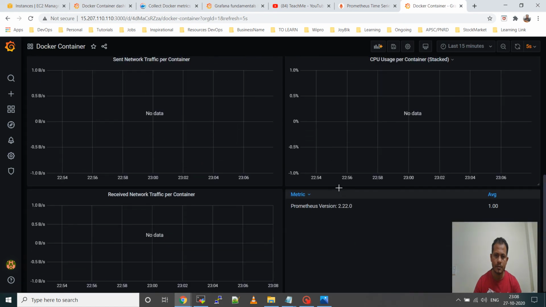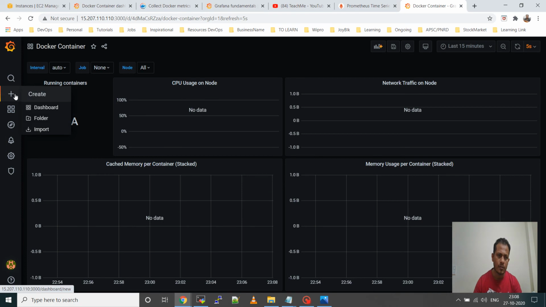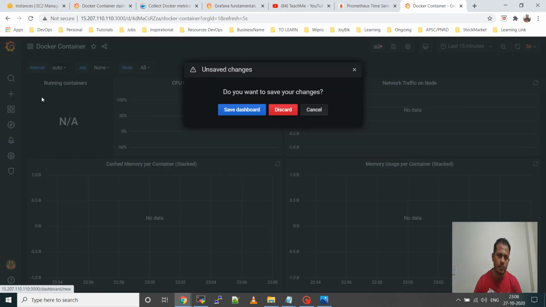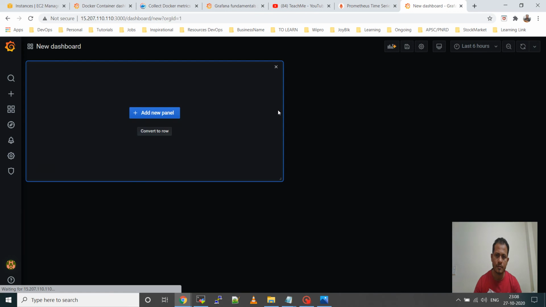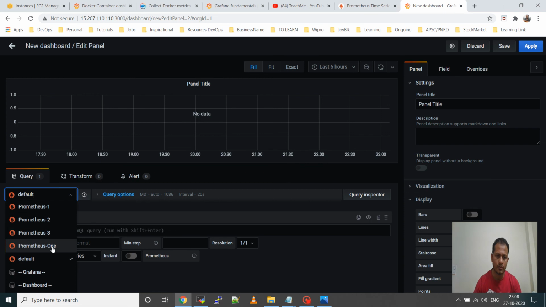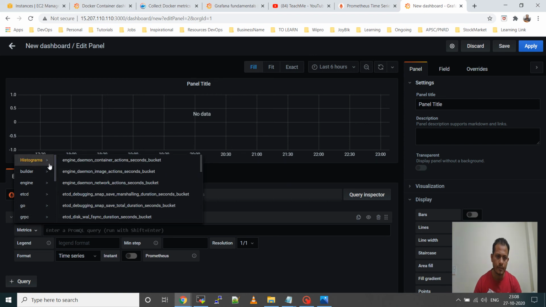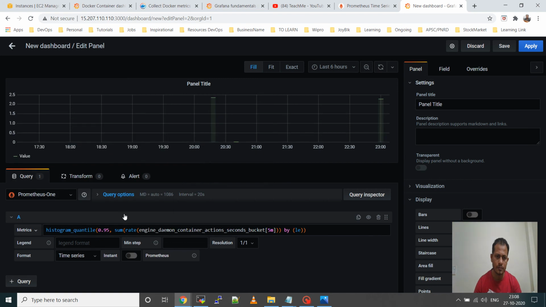You can see it is showing the metrics this way, or you can create your metric here. If you go to Prometheus 1 and in metrics, if you use histograms, like this one,